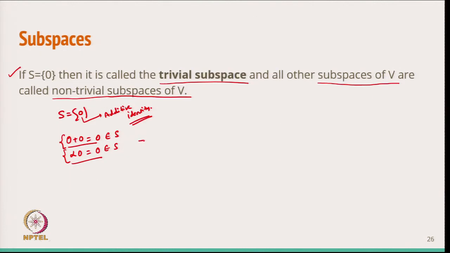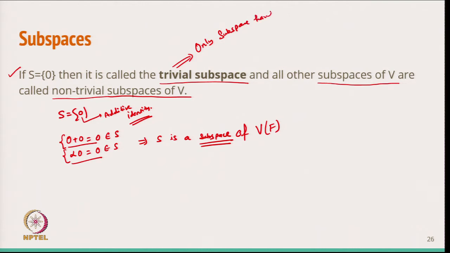So, from here we can say that S is a subspace of vector space V over the field F, and only one element is there, that is the 0 element. So, I can say that this is the only subspace